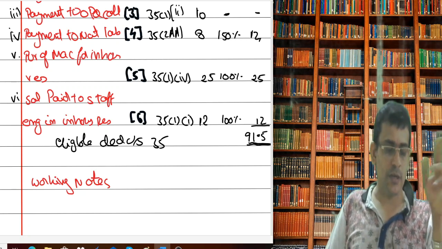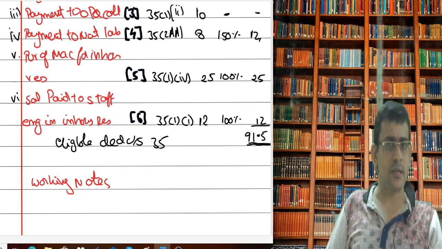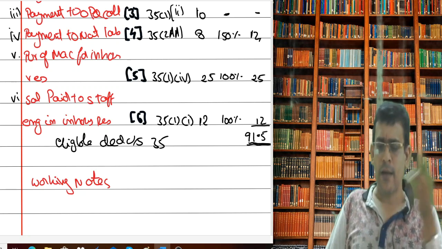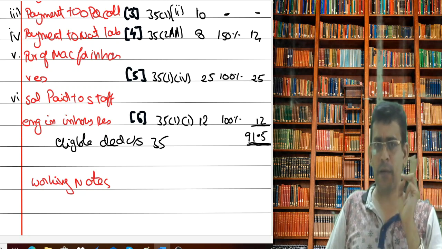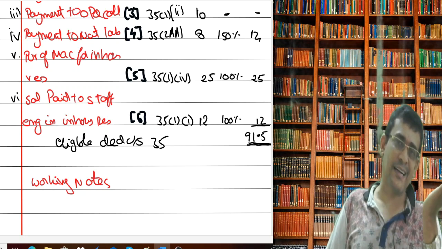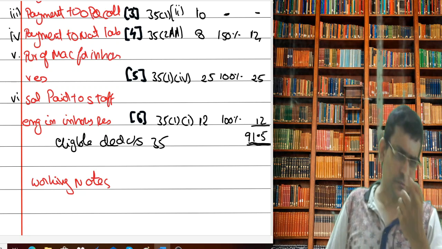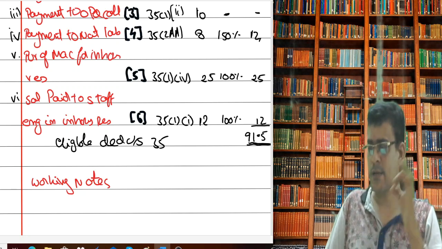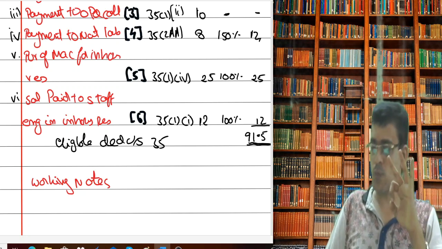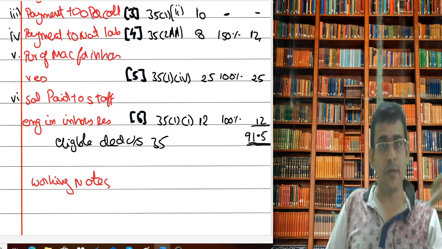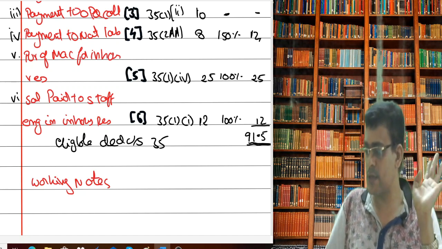Fifth one, you should clearly explain that it is not to be considered under 35 subsection 2AB. Why? Because that is applicable only for a company, and Mr. Praveen is not a company, not engaged in manufacture, not engaged in biotechnology. So ultimately he can't take 35(2AB), but he can take 35 subsection 1 clause 4. So that's the reason we have applied 35 subsection 1 clause 4. Same case for your sixth working note. You cannot apply 35(2AB). You are applying section 35 subsection 1 clause 1. So that's what should be your working note.